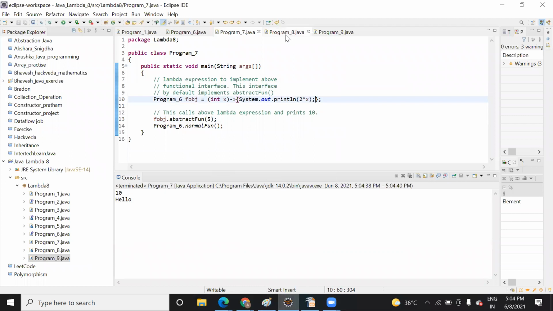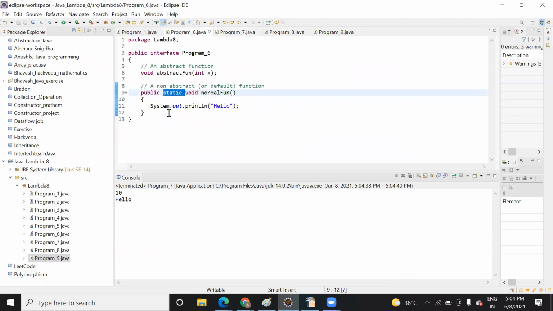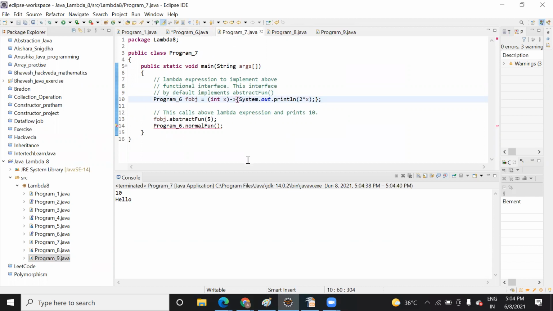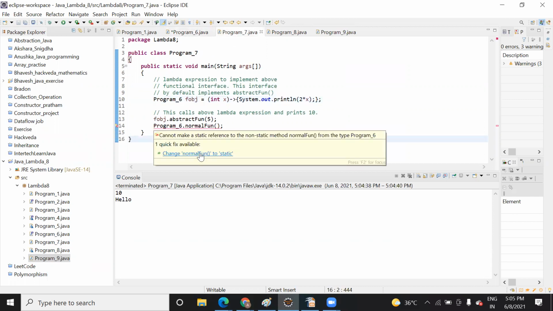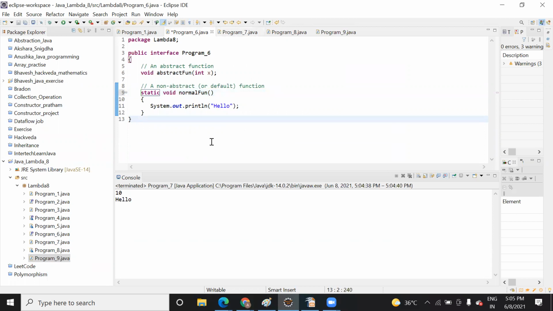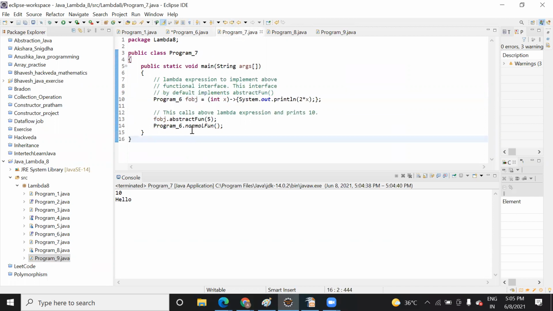See, so now you can change it to default. If I change it to default, it will give some error and we need to fix it. Because you have to write FOBJ there instead of those two ones.